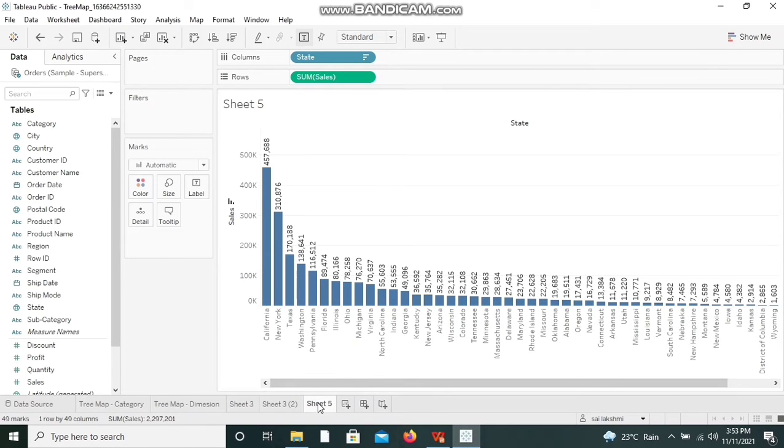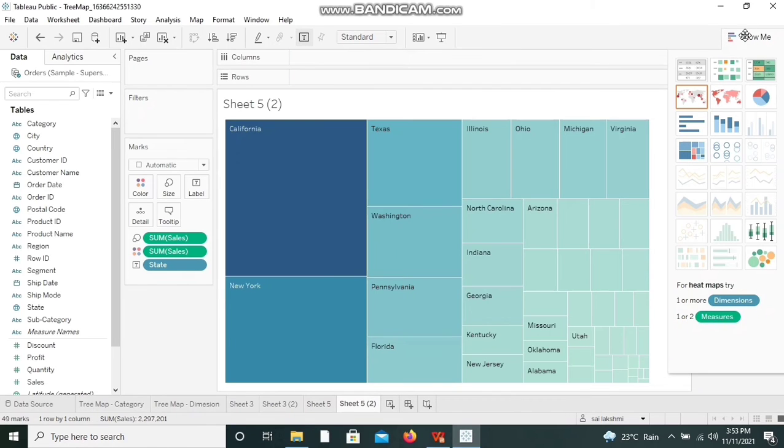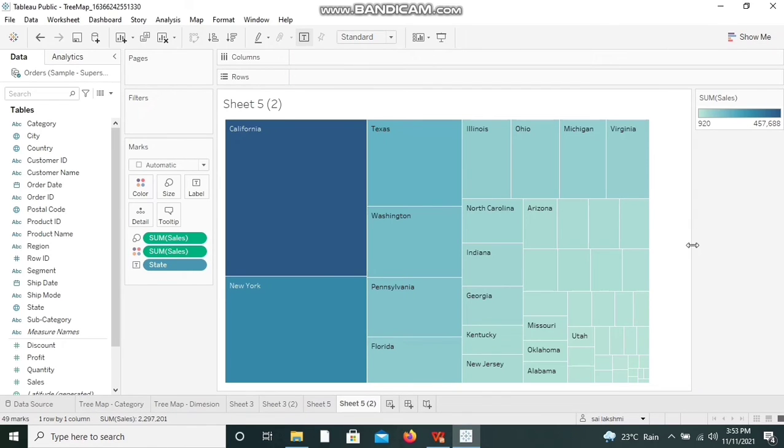So I am duplicating the same and changing it to tree map. Now you see, without any scroll bar we are able to accommodate all the states, and it is displaying better in a single chart, and everything is visualized clearly, and the hierarchy is there, so that we are able to identify.